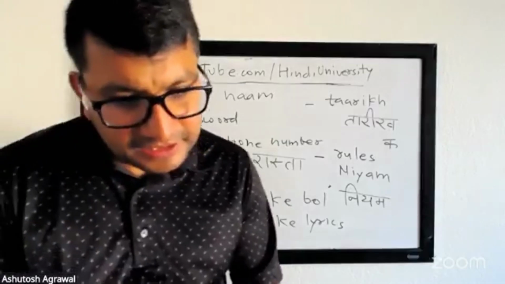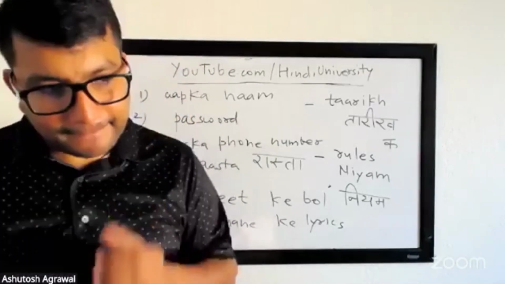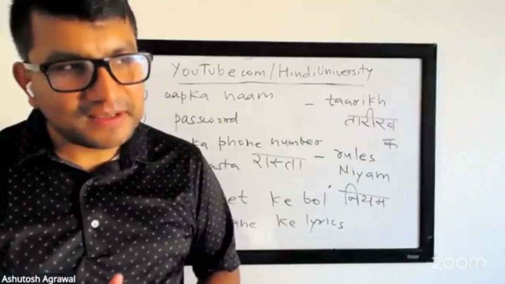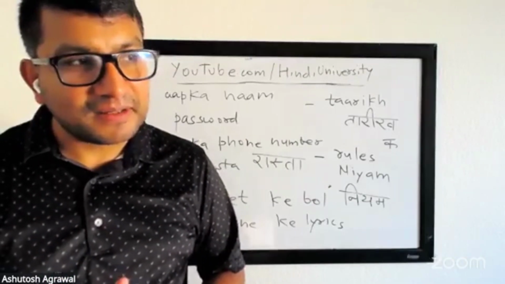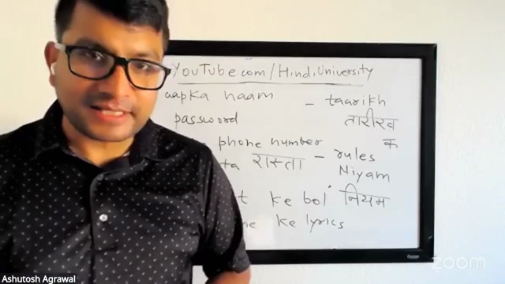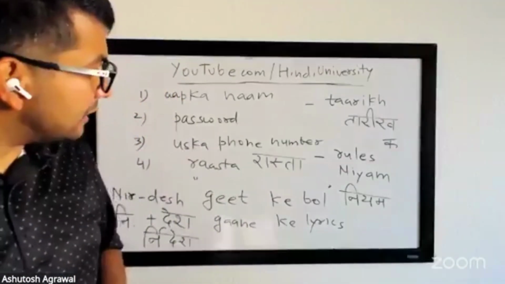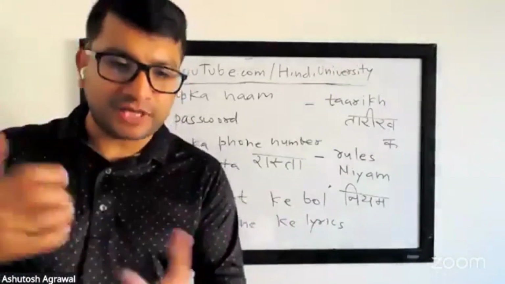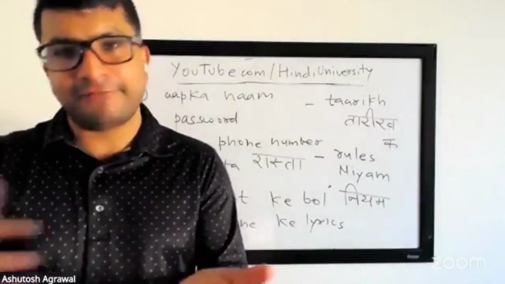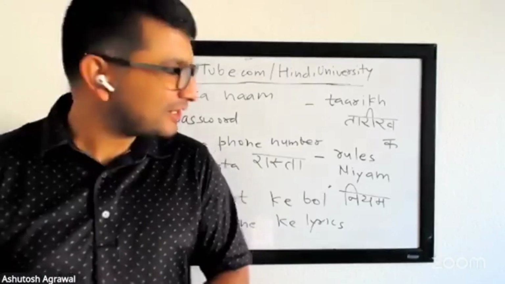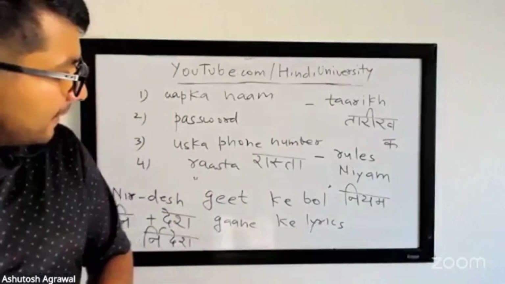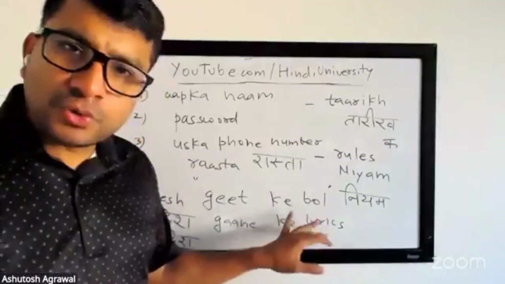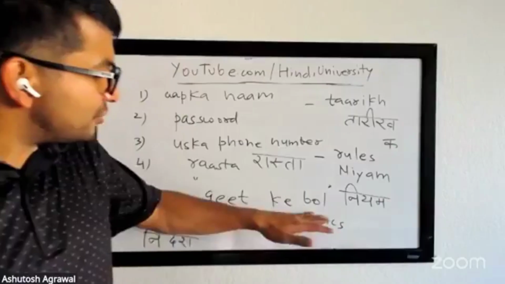Yes, Christine ji? A couple of weeks ago, I learned the word panktiyan for a poem. Would it work with songs? Panktiyan. Like the lines. Yes. So I mean, you can. It goes more well with the poem, right? Because poems have pretty much a fixed number of lines, right? I mean, unless it's a long poem. So Geet ki Panktiyan, you can say that. I mean, again, there's no hard and fast rule, but colloquially, this is used more frequently.